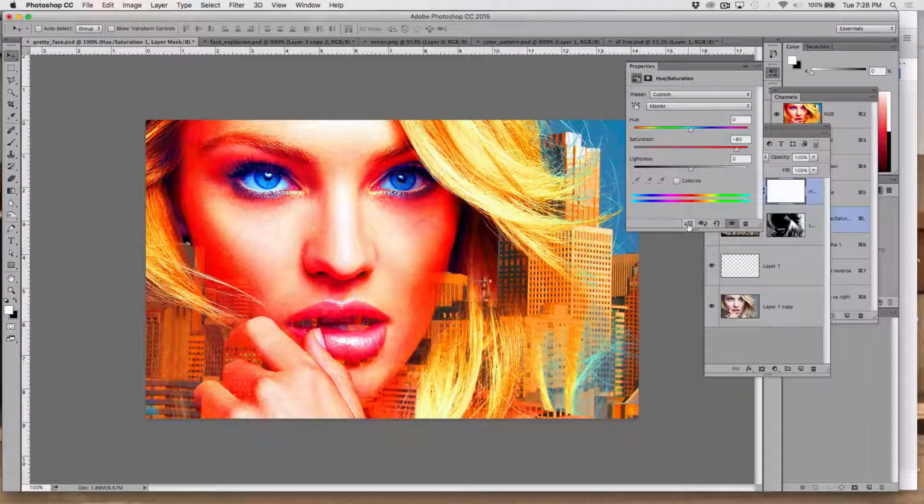This little button right here, it is so minuscule and tiny, you can hardly see it. This will actually allow the color effect to only be applied to the layer underneath it and not to the layers underneath that layer. So when I click this, now it's only affecting